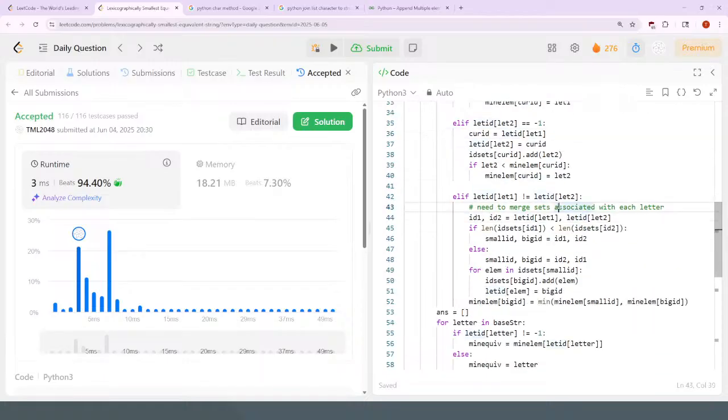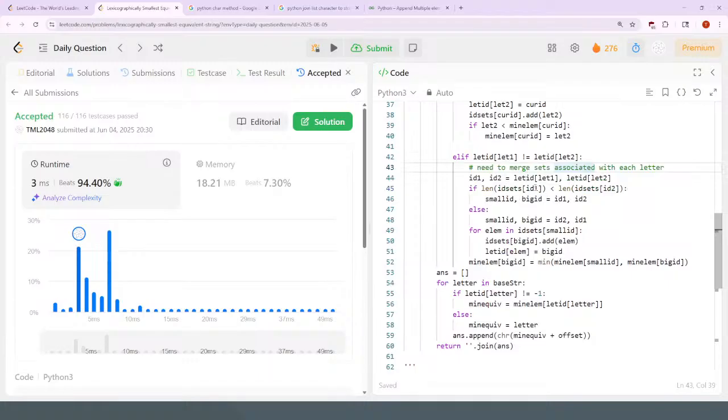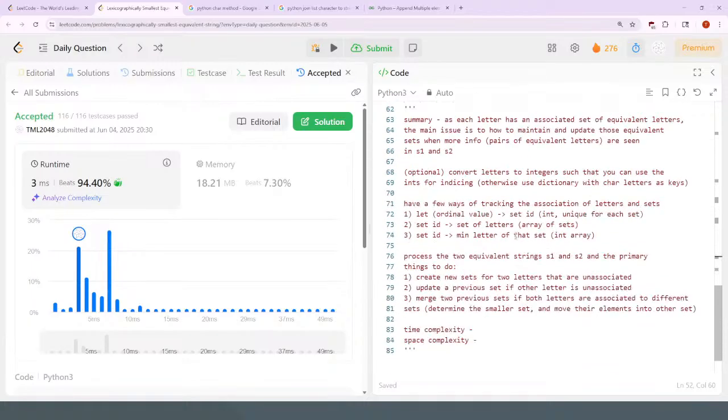And then for the merger, you don't need to, but it's probably slightly faster if you figure out which one is the smaller set size, and move the elements from the smaller set to the bigger one, modify the ID associated with each element, and then one last thing is to just change the minimum of the sets to be the minimum of either set. So let's change that association. And then finally,